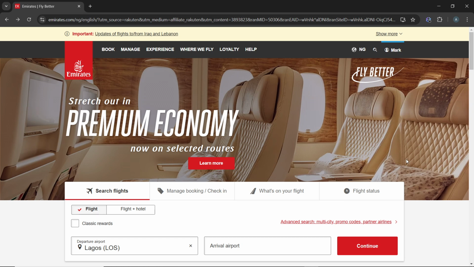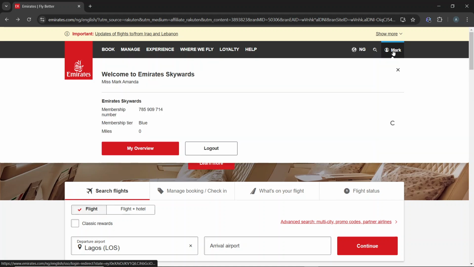Once logged in, the next thing you need to do is to head over to the Skywards section. Now, this is usually found within the manage my account area. And how do you get that? So from here, head over to the top right corner of the screen and click on your profile name, and